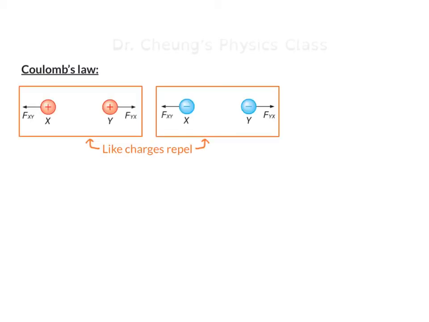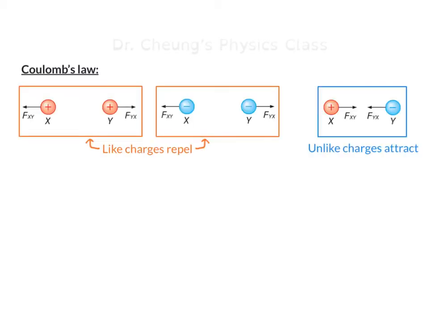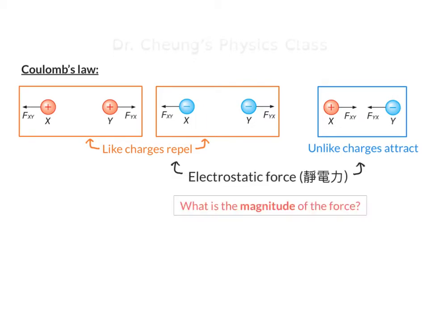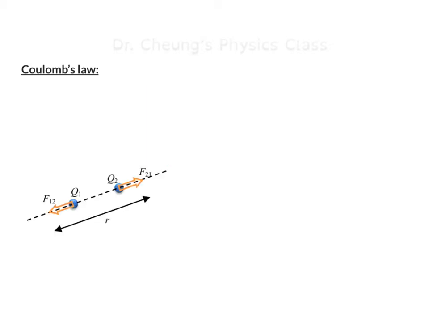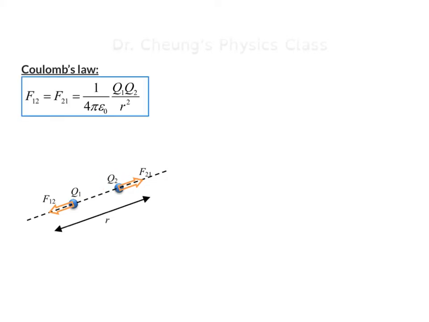We have learned that like charges repel and unlike charges attract. These kinds of forces are called the electrostatic force. But what is the magnitude of the force? Coulomb's law states that for two point charges 1 and 2, the size of force between them is given by this,